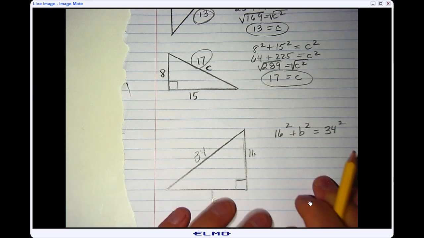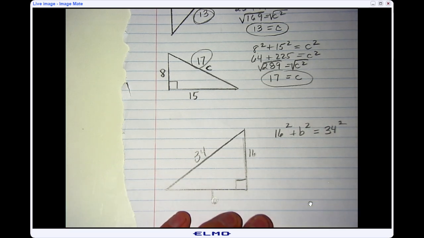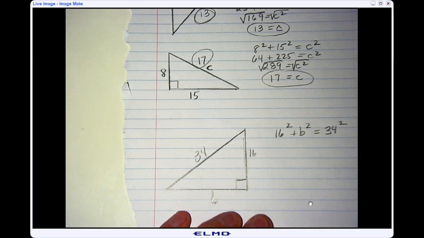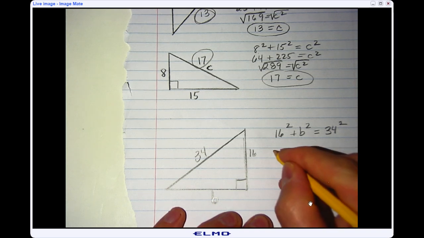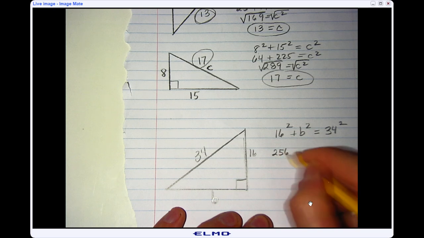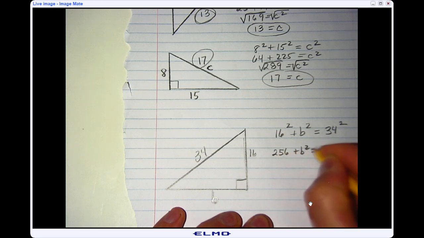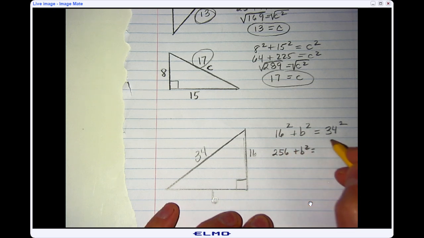Then I'm going to do the math to solve for b by backtracking. So 16 squared is 256, plus b squared equals 34 squared. 34 times 34 is